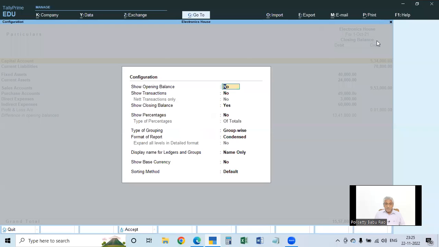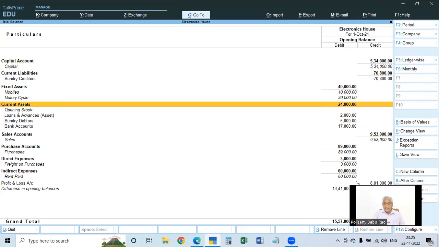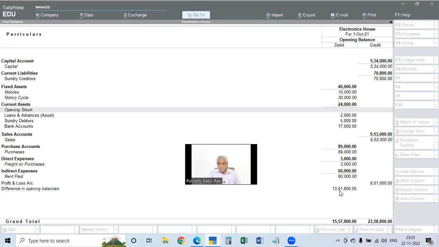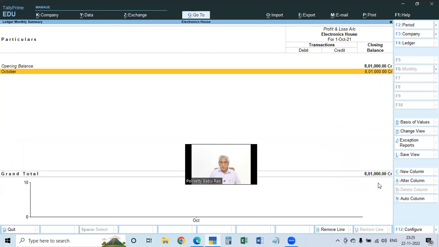Okay, we can configure here with F12. Show opening balances, yes. Closing balances, no. And the format of the report, detailed. So save it. So it is showing all the details. But here you see, 953, 801. Oh, profit and loss account is showing